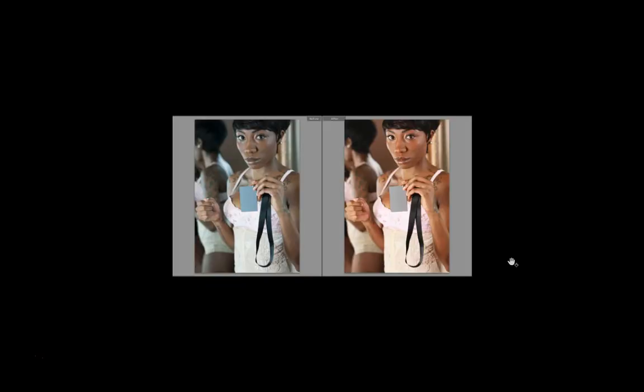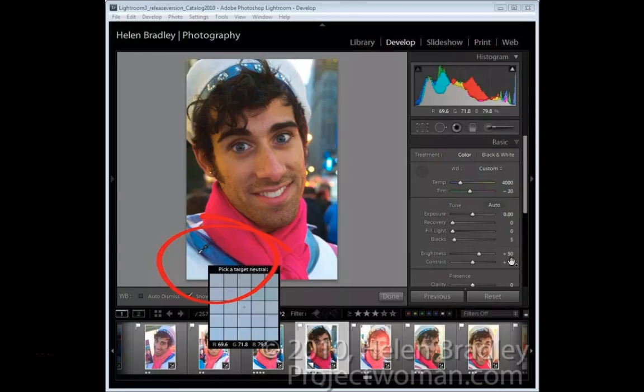Again, in post, you can do things by holding up gray cards or white cards to set neutrals, to kind of easily select for that white balance. As you can see, the model's skin tone is accurate on the one on the right. The gray is a true middle gray, and her shirt appears more color correct. And you can just select the neutral to white balance, and this will make more sense in our